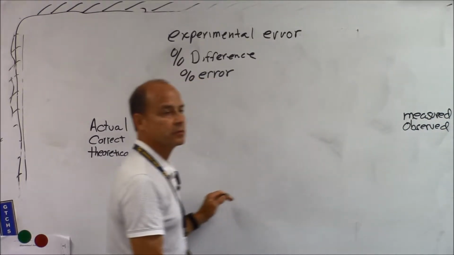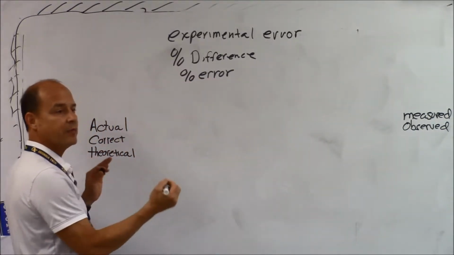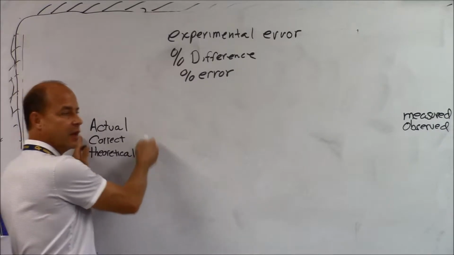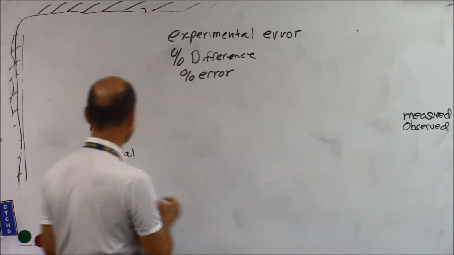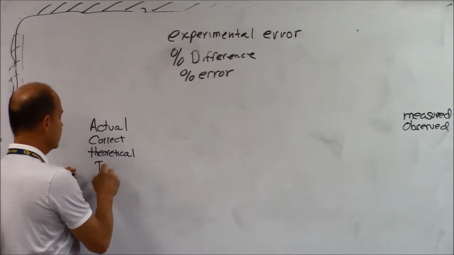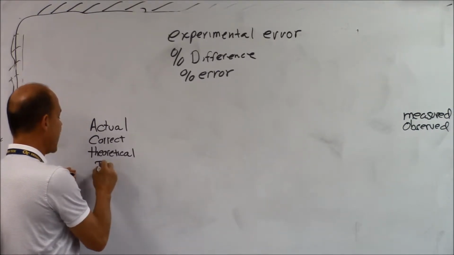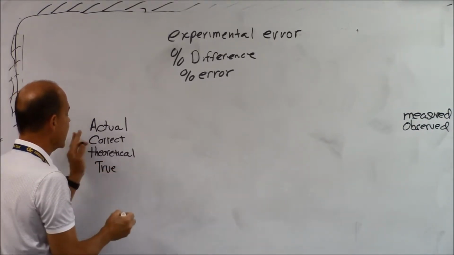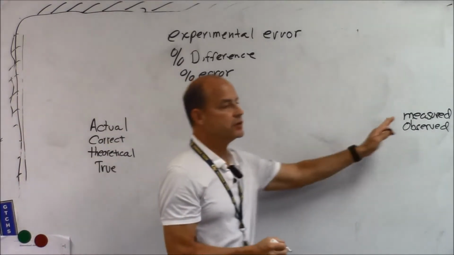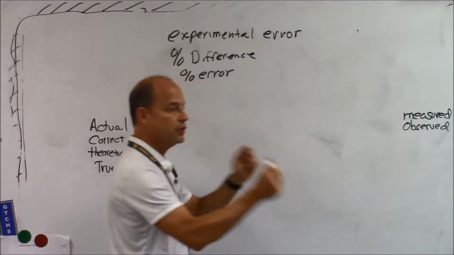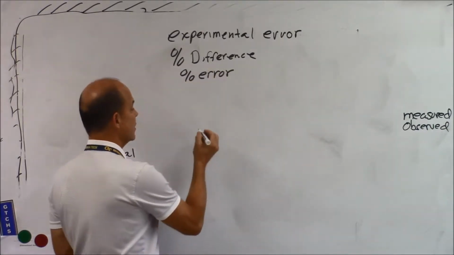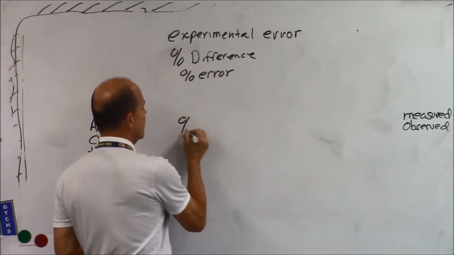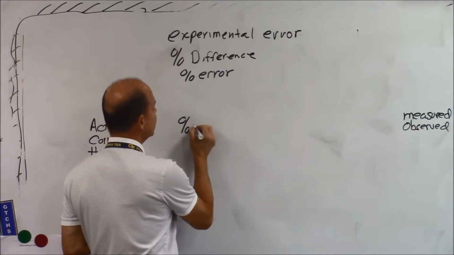in the laboratory. These story problems that you're going to get, they're going to use words like this, and you have to know where to put them in the equation. True is another word. The true value of the density. The correct, the actual, the theoretical. The measured, the observed. Those are two different things, and you're going to compare them by doing a percent difference calculation, which is this. Percent difference, or percent, I'm going to say percent error,